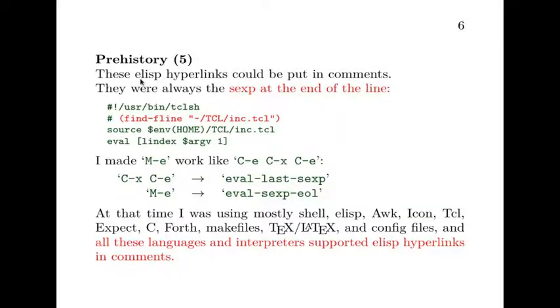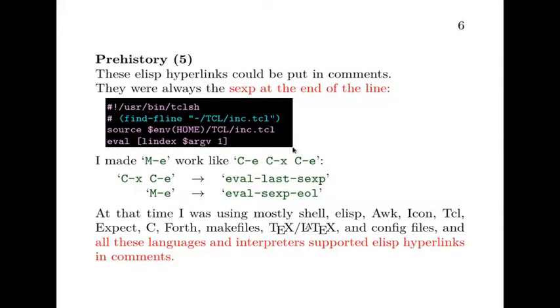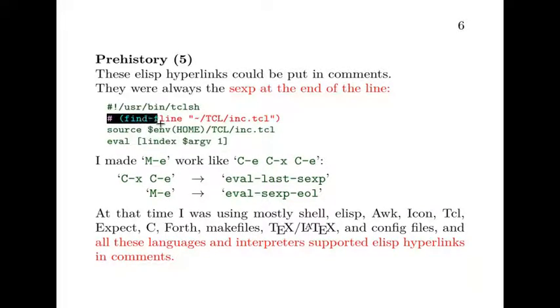And the elisp hyperlinks that I was using could always be put in comments in scripting languages. They were always the sexp at the end of the line. So let me show an example here. This thing here is a small TCL script. This line is a comment, and this S-expression here is treated by TCL as a comment, but in Emacs